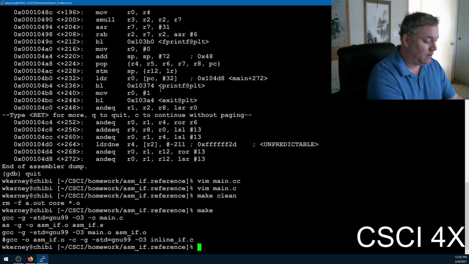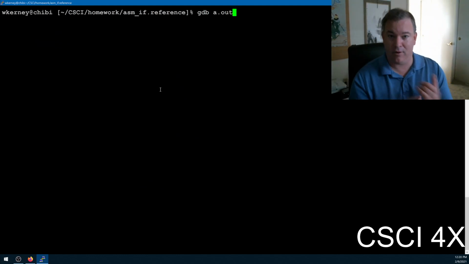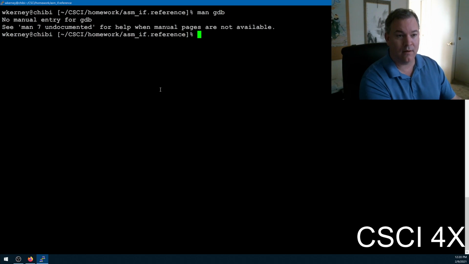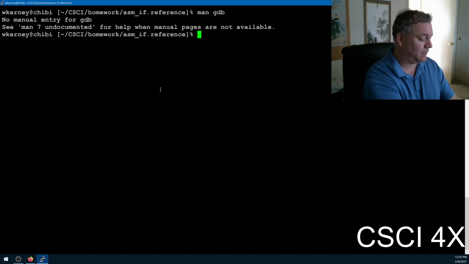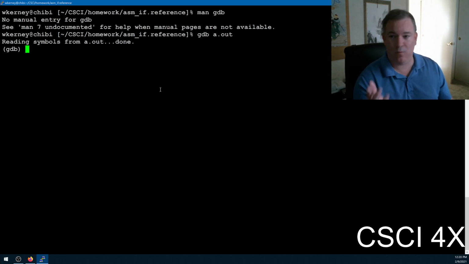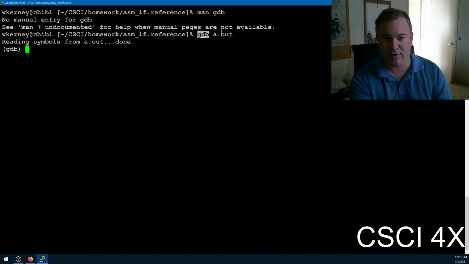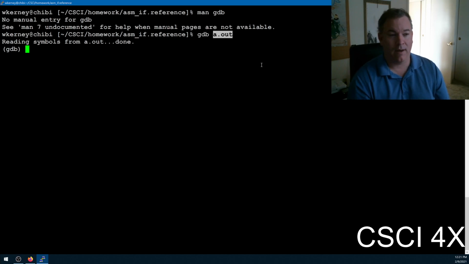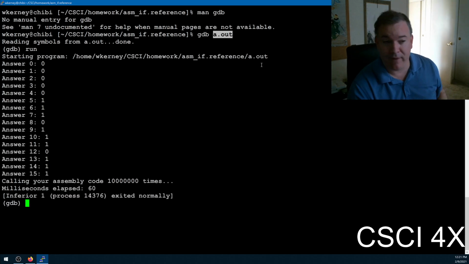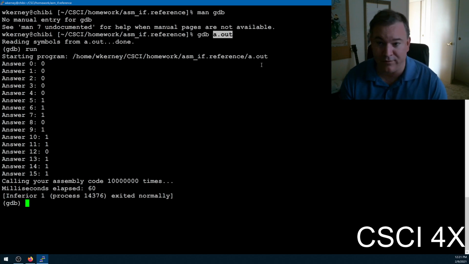Okay, so let's do this again. GDB a.out. GDB is the name of the GNU debugger. It was written by my man Richard Stallman. No manual entry for GDB. Unacceptable. When you say GDB a.out, that launches the GNU debugger and it loads the executable. And then if you just want to run the program, you can just type run, and then it runs your program inside of the debugger. And this can actually be nice if your code's crashing, because then